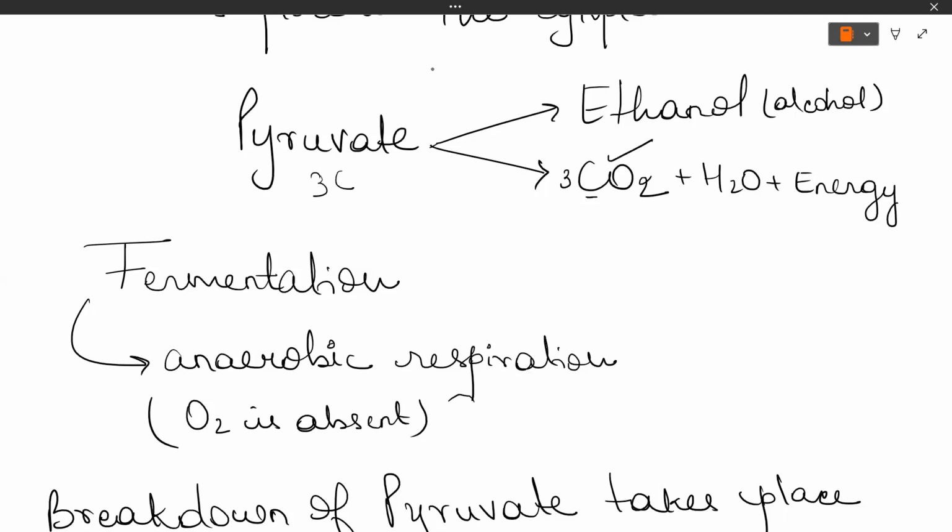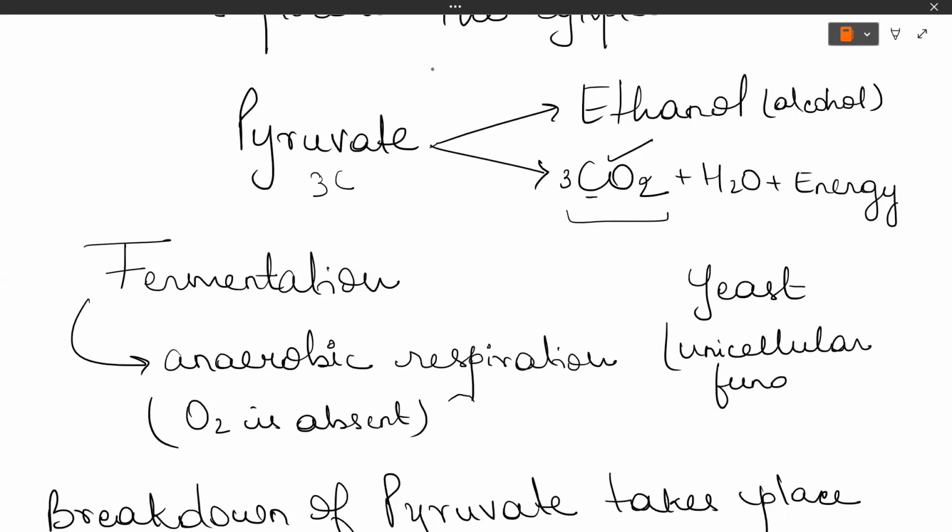Have you ever noticed that there are tiny holes in your bread? Sometimes big holes are also there. Those holes are there because of the release of CO2 by the yeast. And yeast is a unicellular fungus, and it performs the process of fermentation. Usually fermentation very commonly takes place in yeast only. Is it clear? Yes, ma'am.